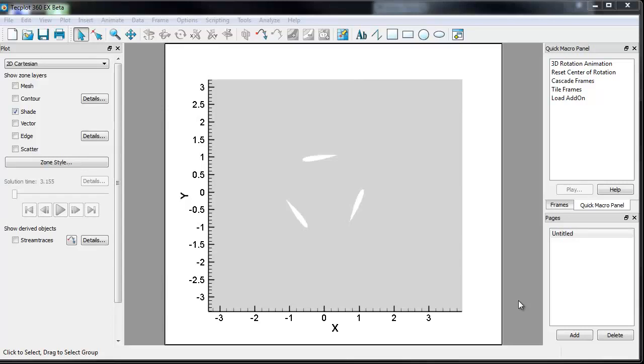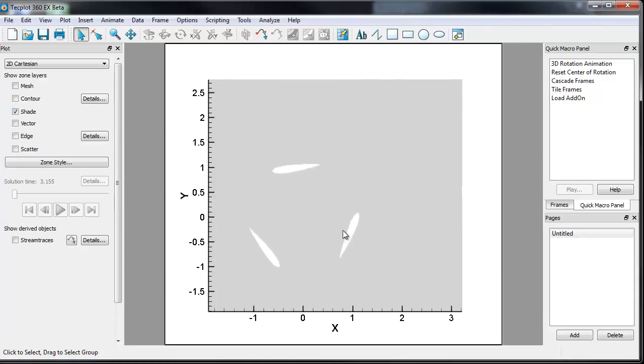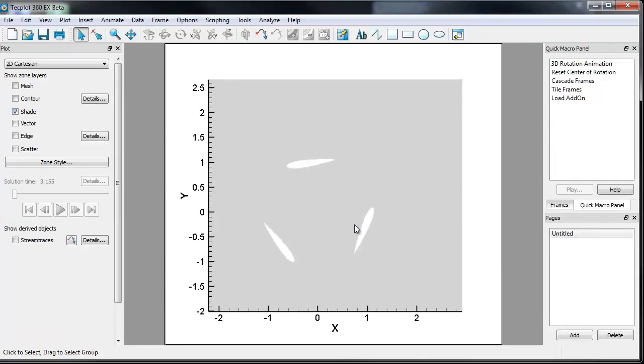This is TechBot 360EX 2015 R1, and today I want to introduce a new capability using if statements for data alter. For the example, I chose a relatively modest size. This is a 2D wind turbine. We're looking at one time step, but I think it would apply to effectively any type of data you might